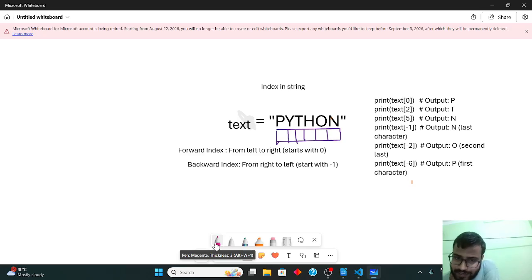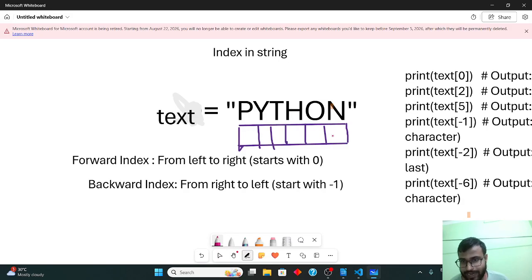Backward indexing will start from right to left. So it will start, as the name suggests, from the back, that is the end, and go towards the forward part. It will start with the number -1. So here n will hold the value -1, then -2,